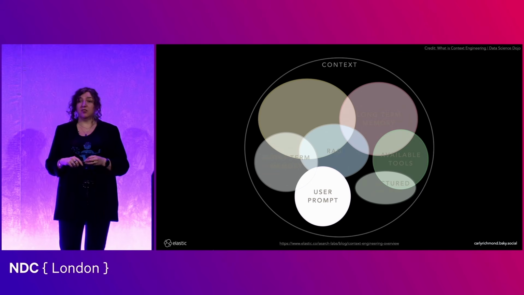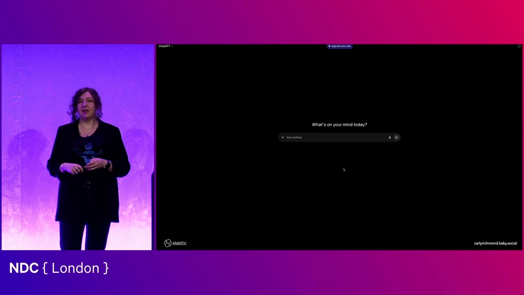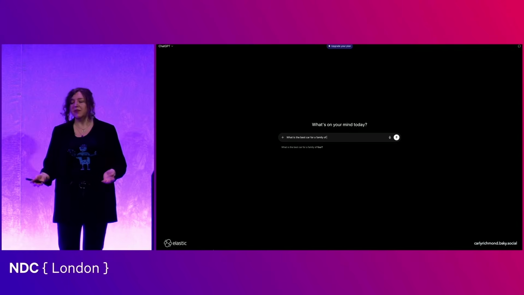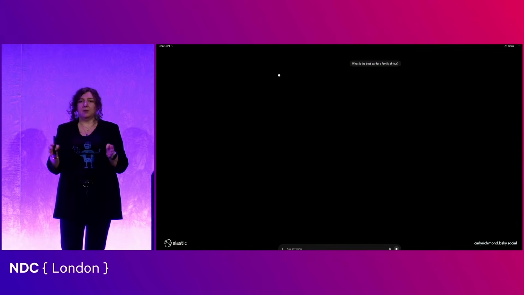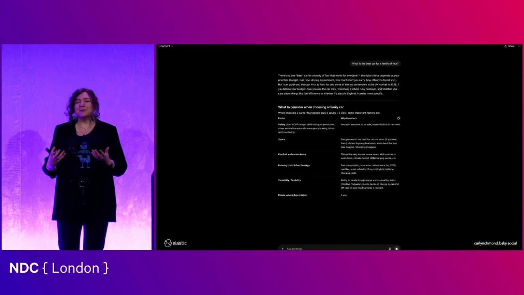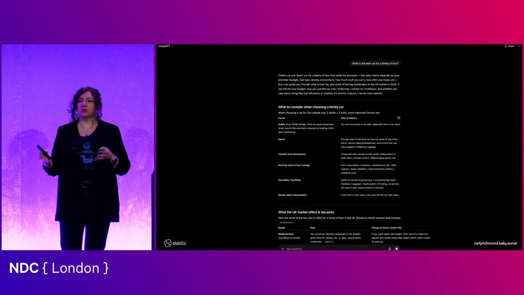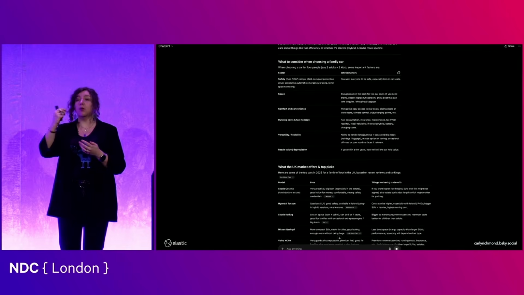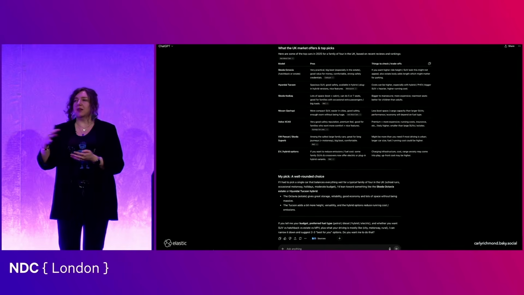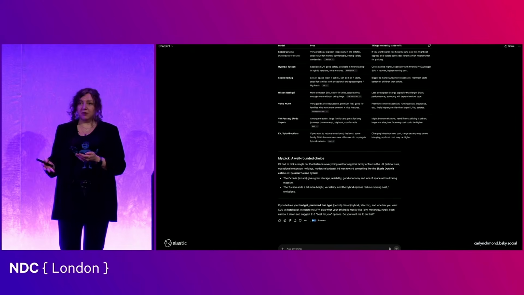So the first one is the user prompt, and we all know what this is because we're entering them into LLMs every day. It's the input that a user is going to be putting into the large language model. It might be text, it might be something else, but this is the initial framing. Now, do we have a lot of control over that? Well, certainly there's things we can do with regards to UX design and prompting and placeholders to try and make sure that we put forward exactly what they should be doing.